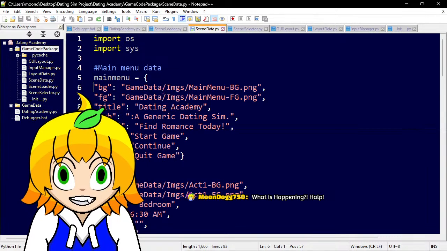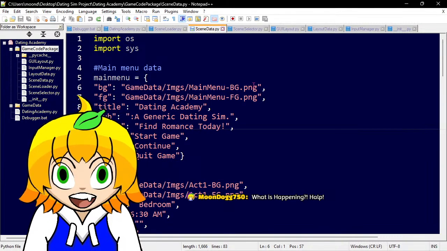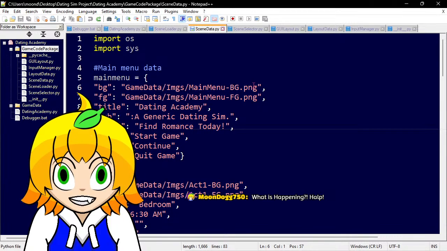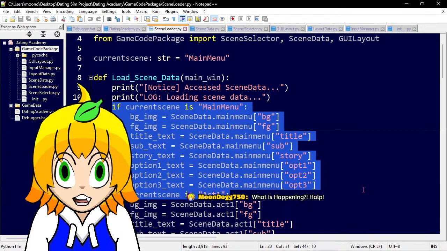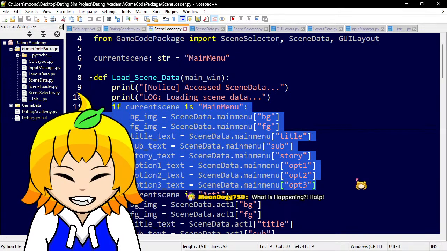We get data, game data / images / main menu dash bg.png being our file location and name of the background of the main menu. And we're basically pulling all that information. Right here is calling all that information from that dictionary.